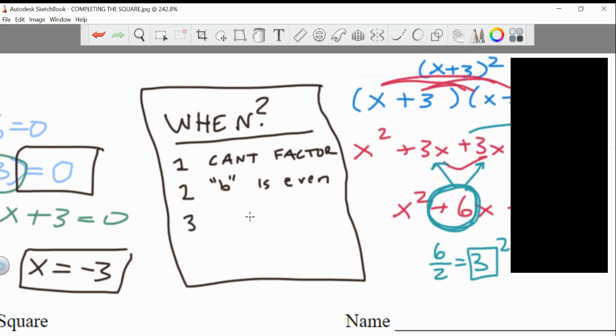And then step number 3, I'm pretty much only going to be doing completing the square when a equals 1. Because I don't really like when I've got something with this 3 out front. I don't really like that. And so this is kind of when you would want to do it. Now, it is a pretty specific amount of things that you need to happen. And that's why it's kind of like this forgotten thing. Completing the square is something a lot of times you only learn in honors algebra 2, and in regular algebra 2, they're like, just do quadratic formula. Like, don't worry about it. But completing the square, if the star